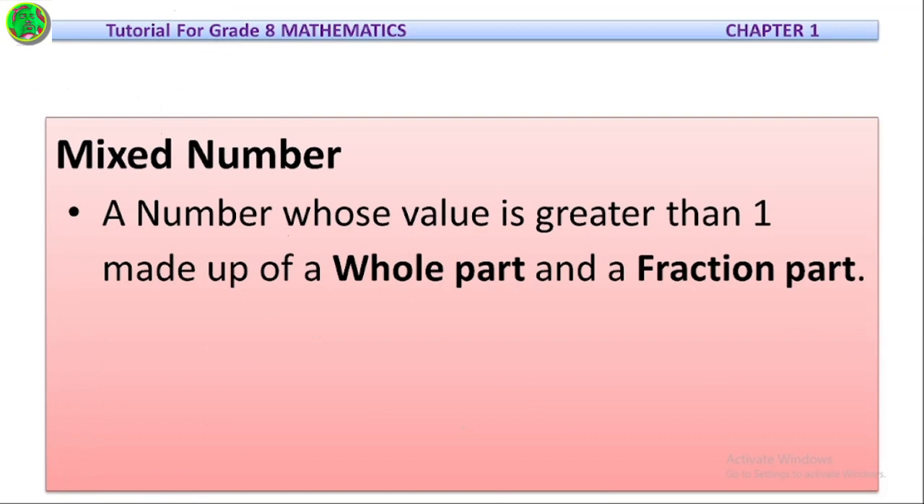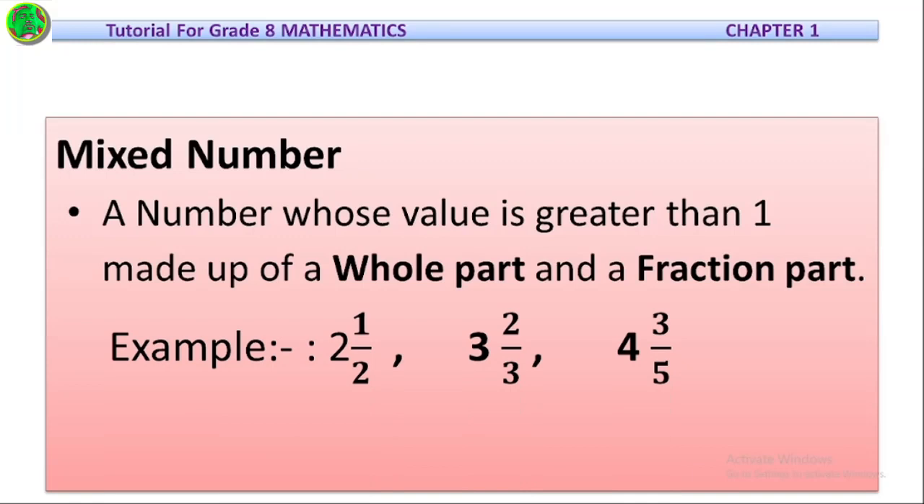ድብልቅ ቁጥር ወይም ሚክስድ ነምበር የምንለው a number whose value is greater than 1 መጠኑ ከአንድ የሚበልጥ made up of whole part and fractional part. ይህ ቁጥር ወይም ይህ ክፍልፋይ ከሁለት ቁጥሮች የተመሰረተ ነው። አንደኛው ሆል ፓርት የምንለው ሙሉ ቁጥር አለ። ካጠገቡ ደግሞ ክፍልፋይ የክፍልፋይ ክፍል አለው፣ ክፍልፋይ ቁጥር አለው ማለት ነው። ስለዚህ የሁለት የአንድ ሙሉ ቁጥርና የሌላ ክፍልፋይ ቁጥር ውህደት የሚፈጥረው የክፍልፋይ አይነት ነው ሚክስድ ነምበር ብለን የምንጠራው ማለት ነው።